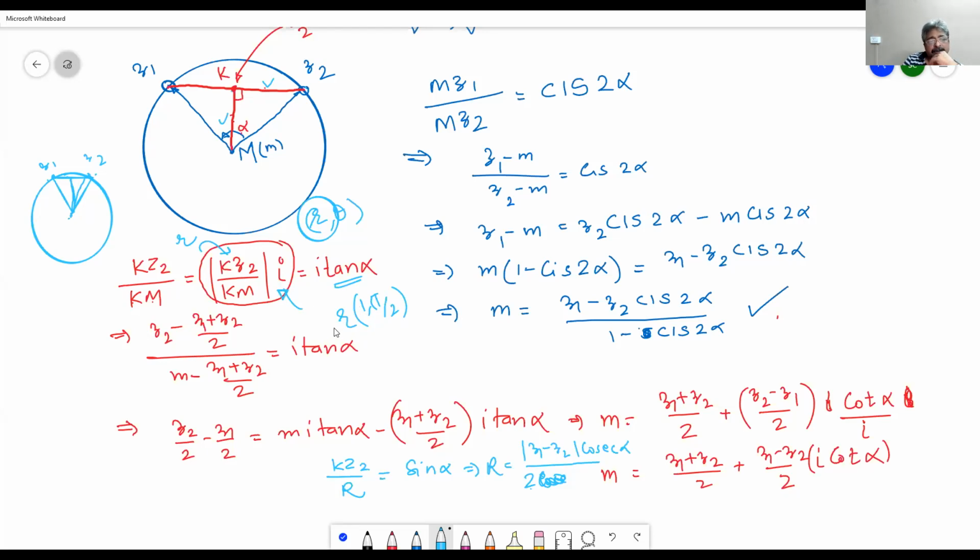That happens because cos pi by 2 is not there. Cos pi by 2 is equal to 0, so that term goes away. Oh, right. Thank you, sir. Yes, understood?